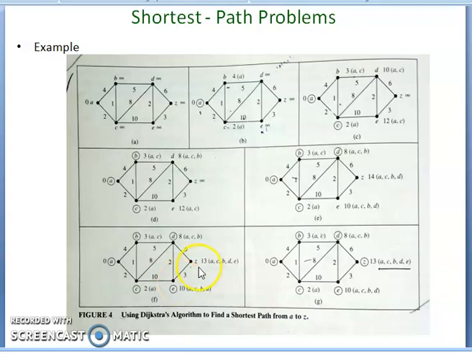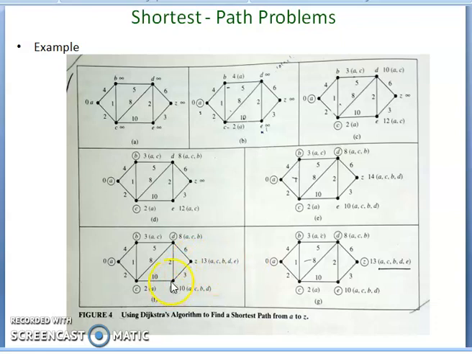Now you verify what are the adjacent vertices with unvisited. Unvisited is only one, that is Z. Now E and Z. So for E, only one unvisited adjacent vertex. What is the previous length? 14. From E to Z, what is the length? Up to E, that is 10. 10 plus 3 is 13. 13 is less than 14. So that is the minimum shortest path. Hence you update it: 13, A, C, B, D, E.